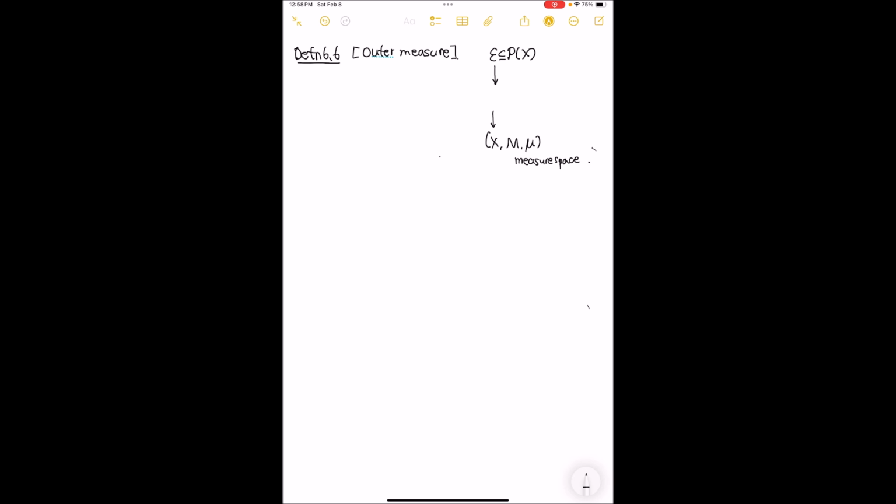To do this, we can consider a set function mu star that satisfies: the empty set is 0, and mu star satisfies monotonicity. That means that